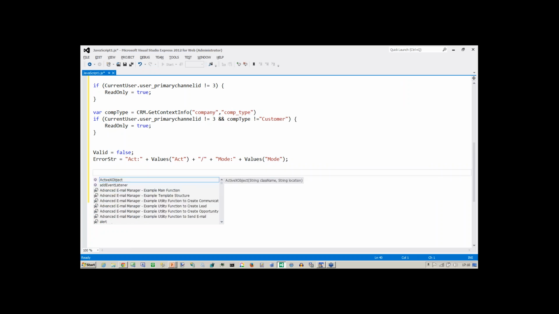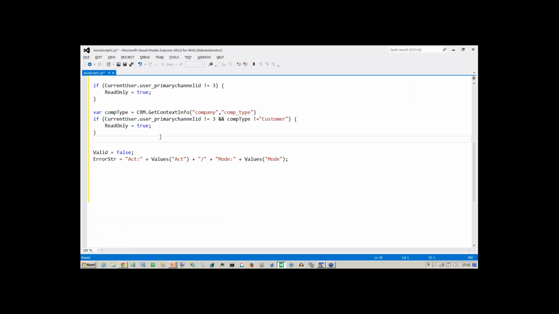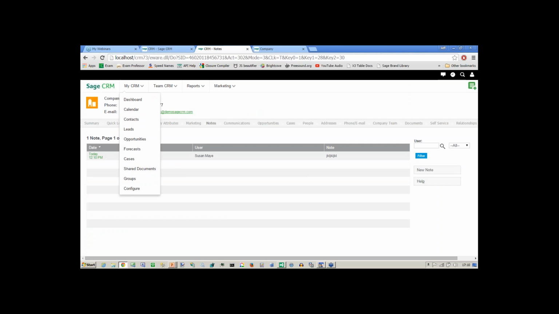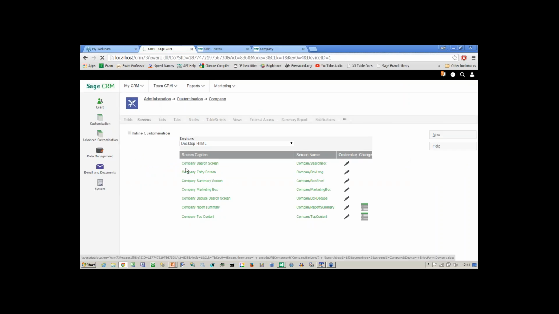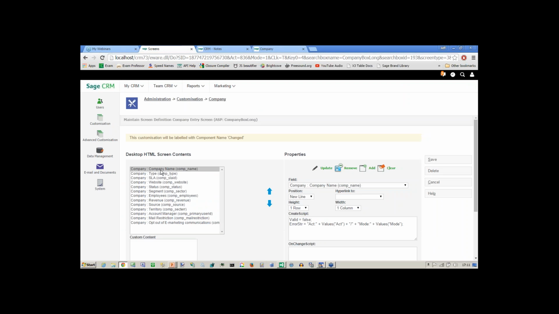We saw the method remove lookup, but inside a field like the company, inside the company box long where I've got my company name, if I get rid of that and put instead caption equals wibble,